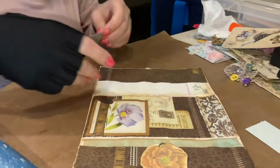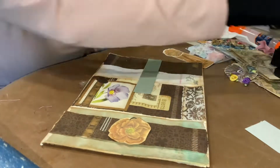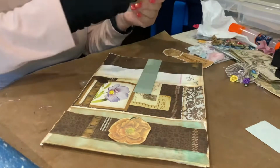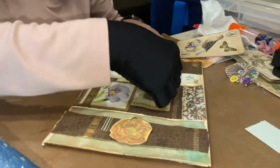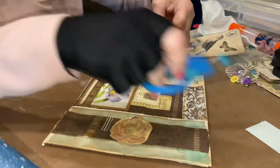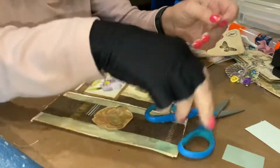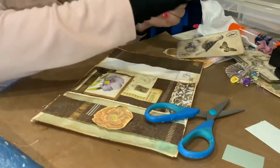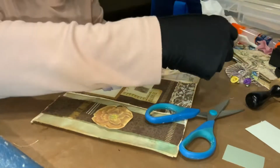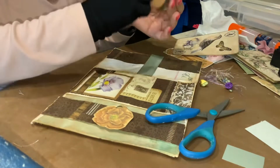I know I am so obsessed with digitals. I love them, and I'm constantly buying them, and I use a little bit of pieces from every one that I get, but they're so beautiful. I wish I knew how to do that, but I haven't learned to, even though I bought a program and all that. But hey, my mind doesn't work that way, so I'll just let the professionals do it, and I'll have fun using their product. So anyway,